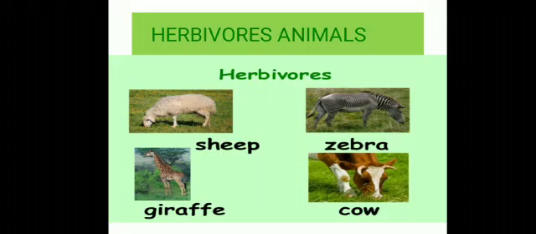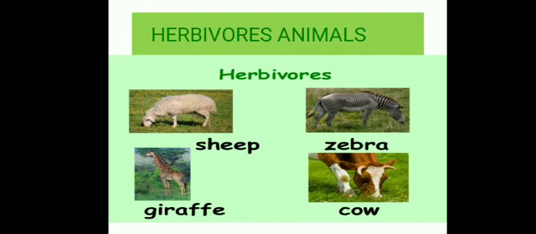Our next topic is food for animals. Just like plants, how do animals get food? Animals cannot make their own food. They depend for food on plants or other animals, so they are called consumers. Plants are called producers because they produce their own food, but animals are called consumers because they consume food prepared by plants.